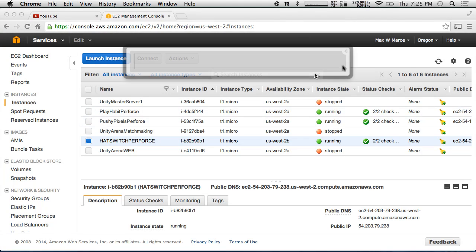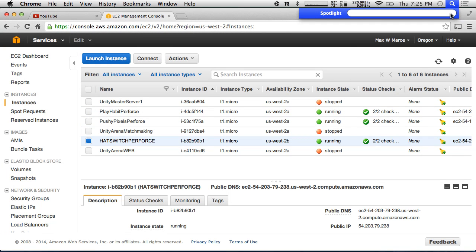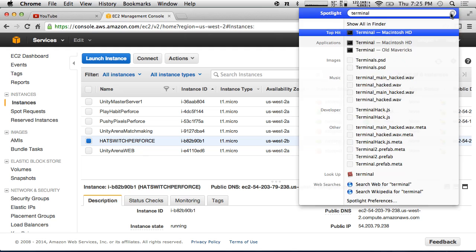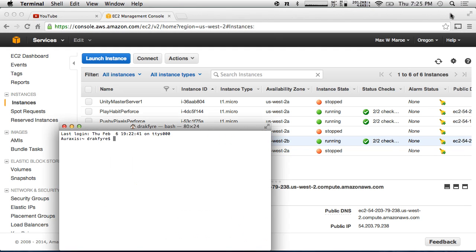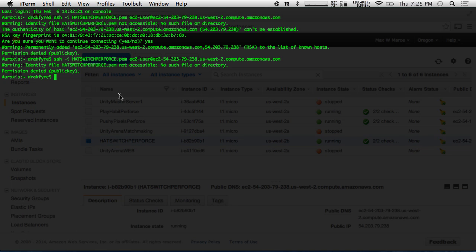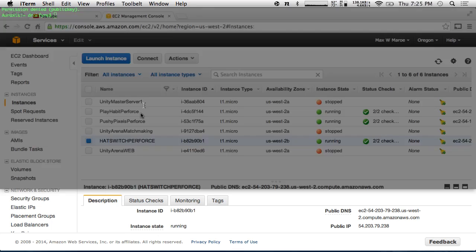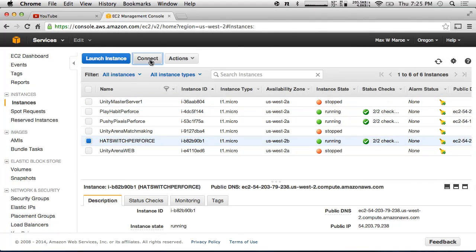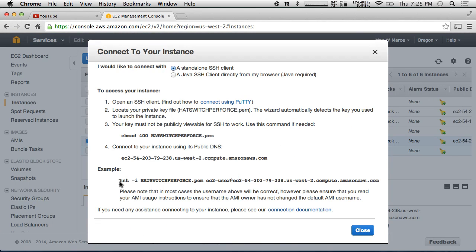So now on the Mac side, you're probably going to use Terminal. I am going to be using iTerm2, which is something I have installed and configured, and I like it. But it's going to be the exact same commands, the exact same stuff that you type in here at this point. So I'm instead going to show you on my interface that I have here. So I'm going to paste in. Again, the way that we got this is if you hit connect, we get this nice already built example